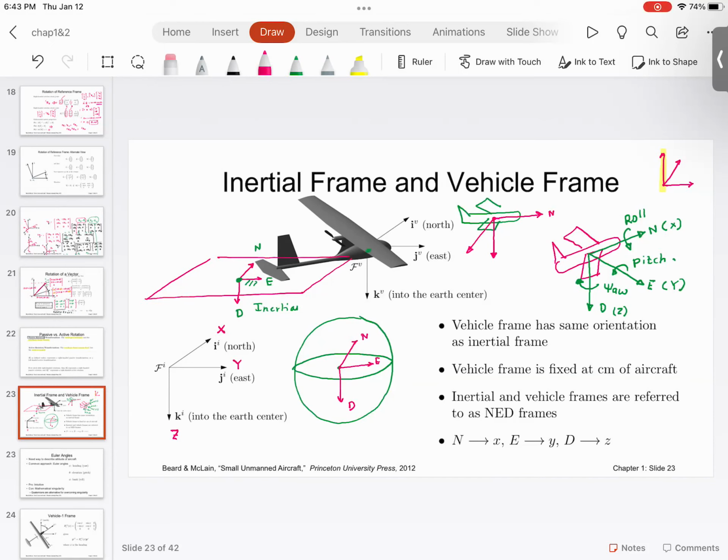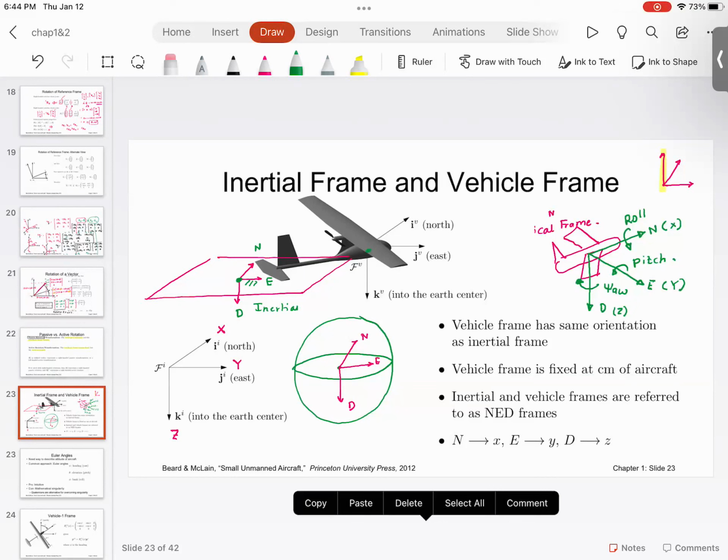And please understand, this frame number 2 is called the vehicle frame. This vehicle frame will be attached to the aircraft. But there is something else I want to talk about. Since the frame I have drawn over here is slightly different, let me show you something else. So if this is the aircraft,